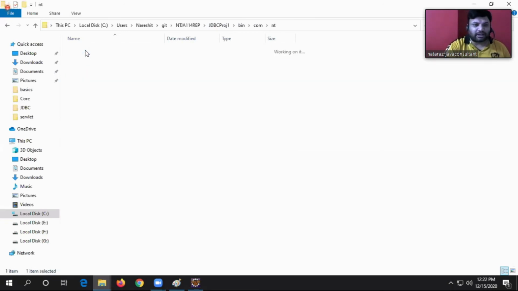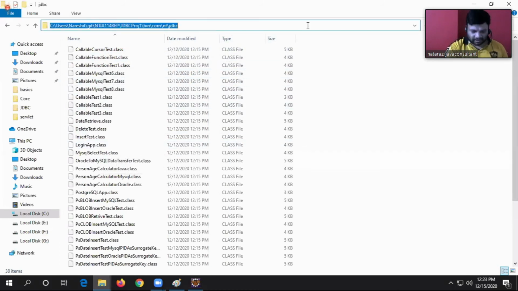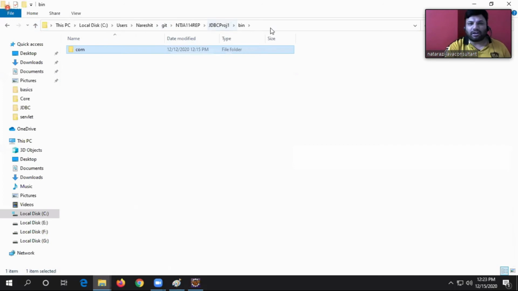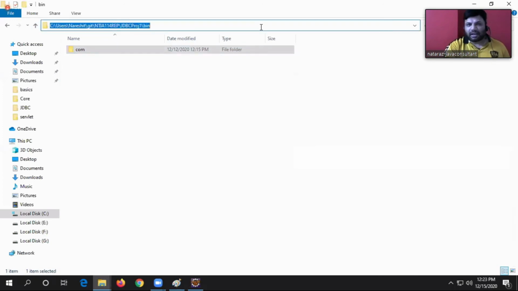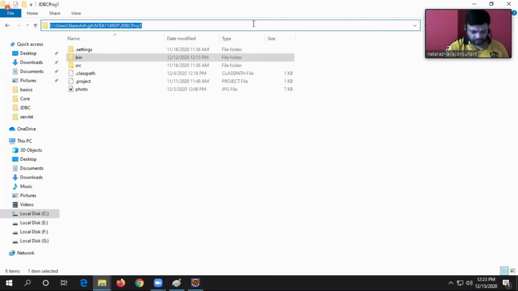In the bin directory, again .class. So I have to give the location with respect to the bin directory because only .class files are there. I'm giving the package location. Anyhow, I already mentioned the package name, no? I'm giving up to the bin directory because inside the bin package with .class files is there. That's why I'm giving up to the bin directory.